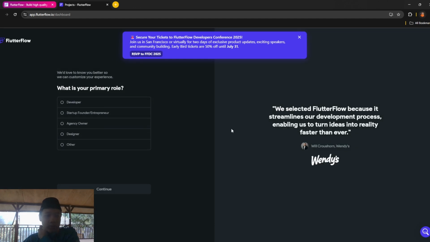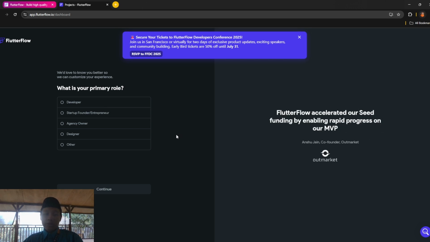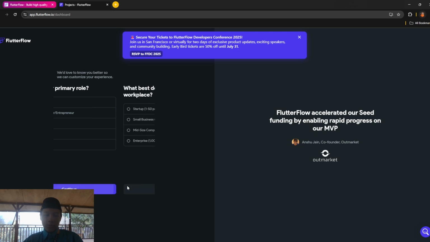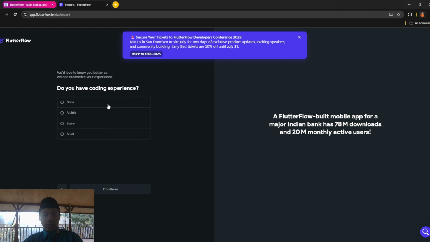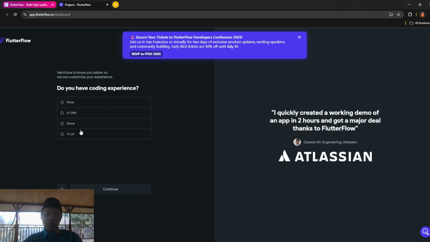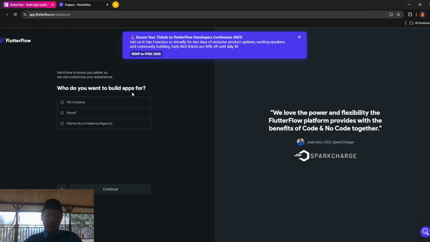But here you want to select your intentions of using Flutterflow, as a designer, a startup, and whether you have coding experience. Maybe some. This is just optional, you can fill it in by yourself.